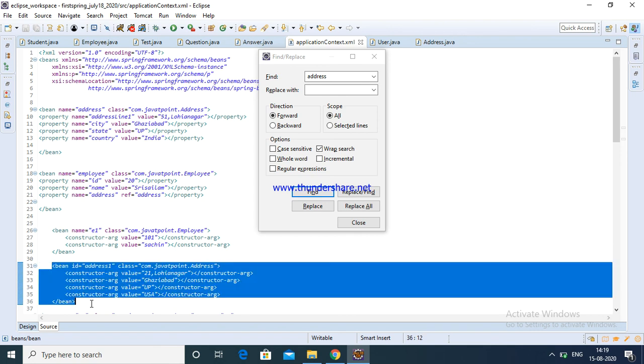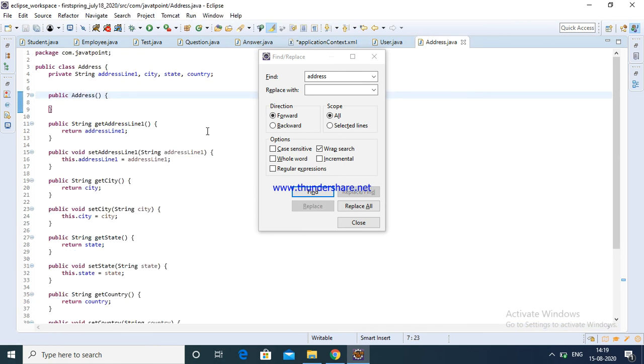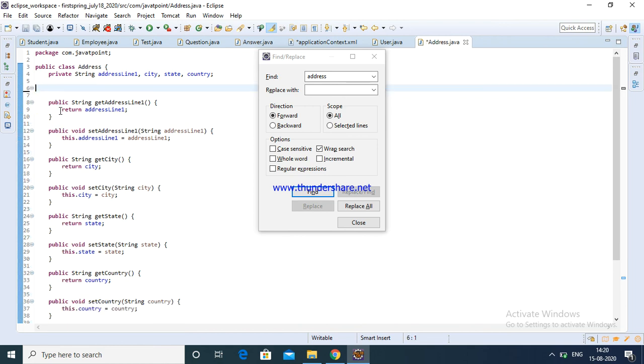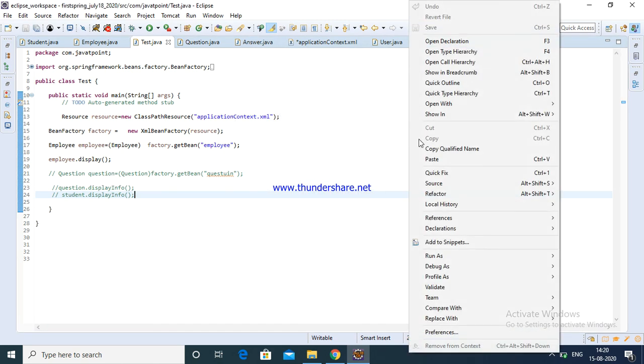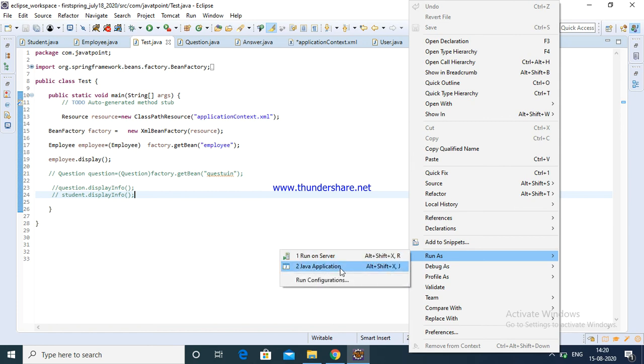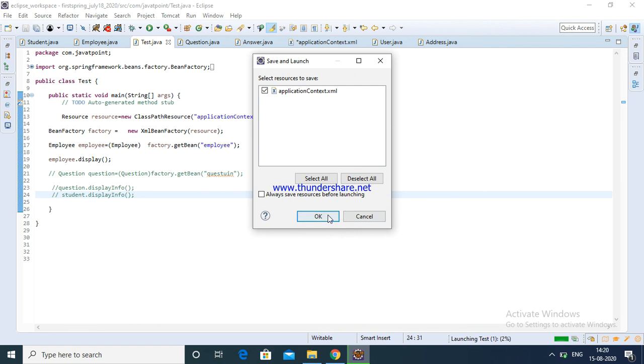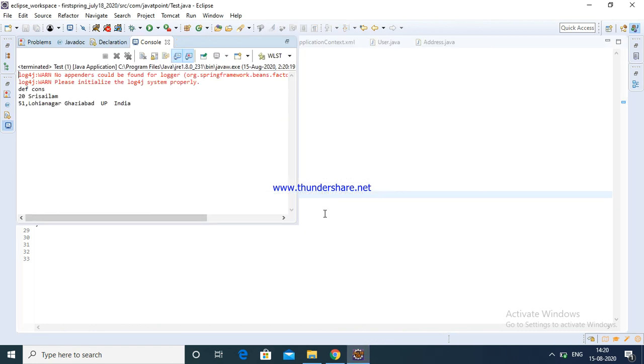That's why it's showing the error. Now we will check again. There is no need for a default constructor. Just run the test class again.